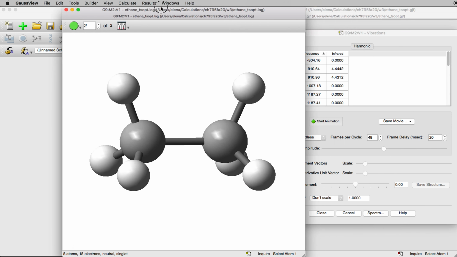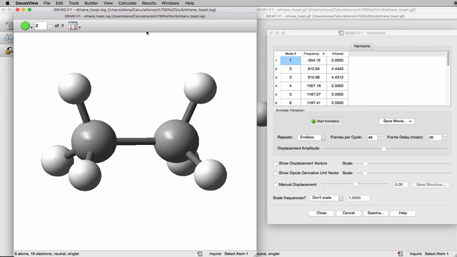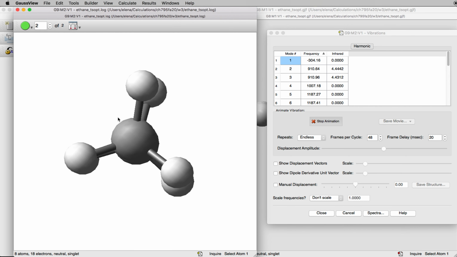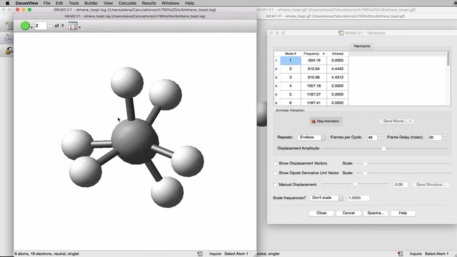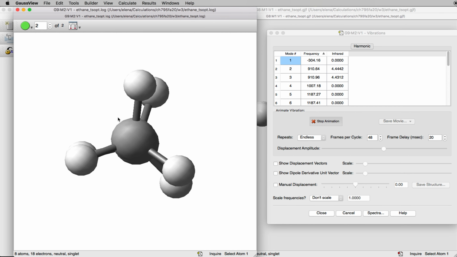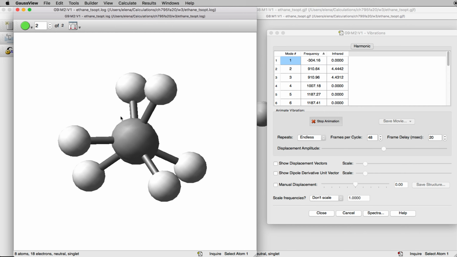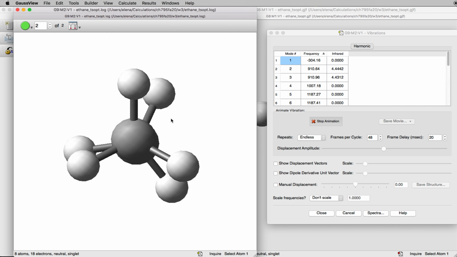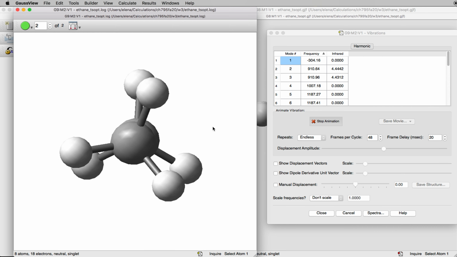Next, I want to animate the frequency to see if it corresponds to the coordinate defined by the internal rotation of methyl. So click on Start Animation, and you can see that this indeed corresponds to the methyl rotation. So I have successfully optimized the transition state for internal rotation of methyl.